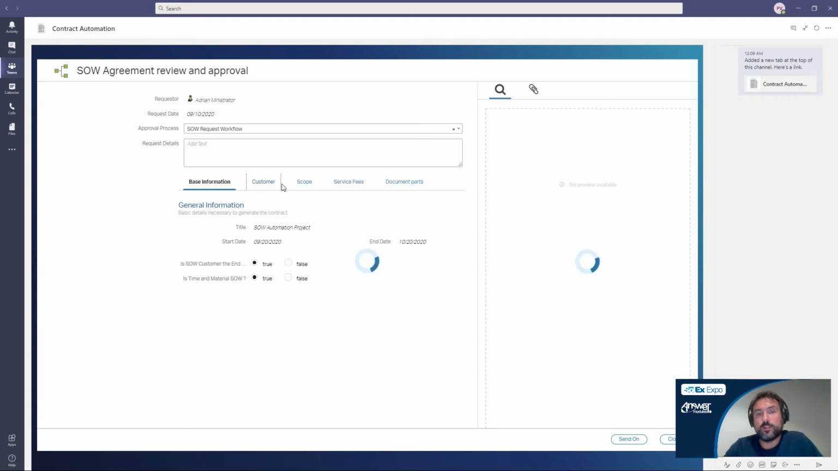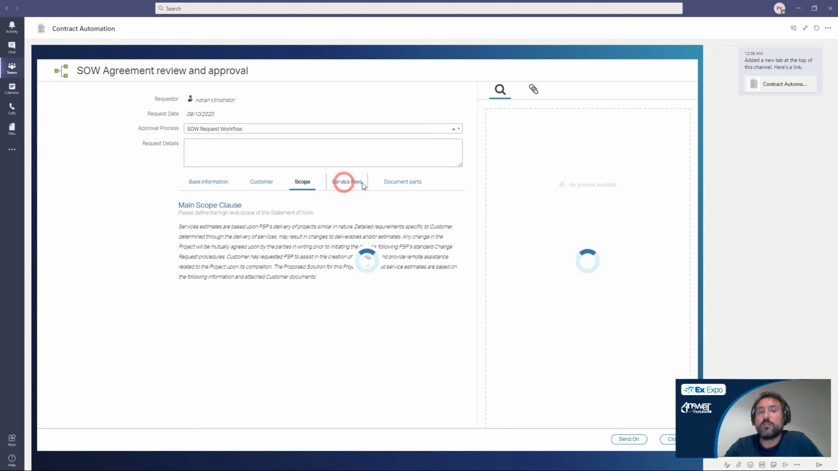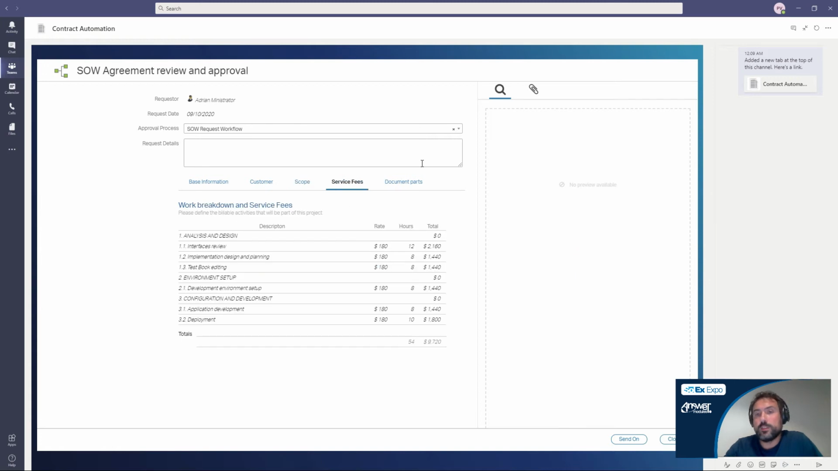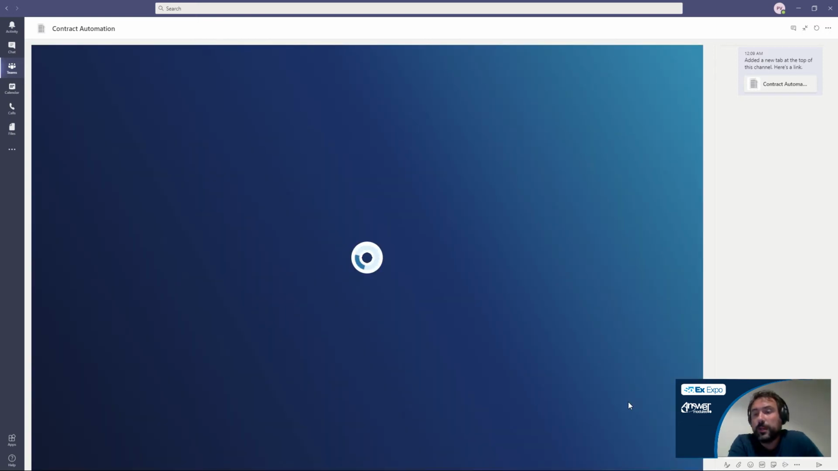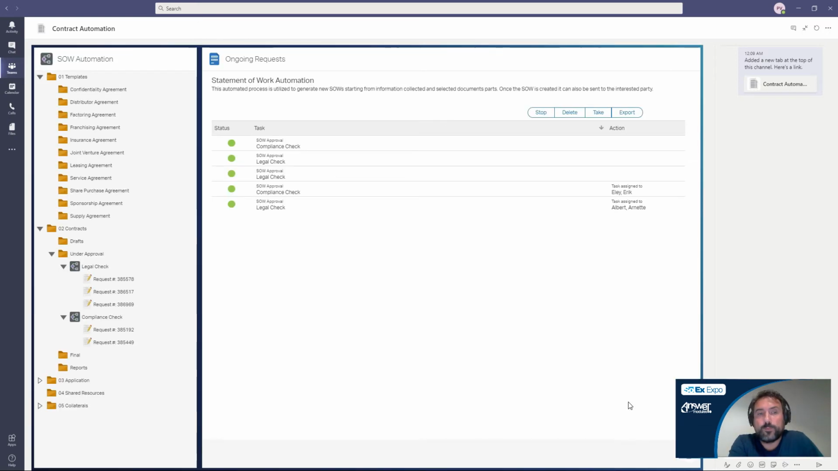And obviously we have the information about the customer, the scope, so the service fees, so everything that we have filled in. We also have obviously the document in attachment. So the only thing that we need to do is just to start the approval process and send down the request. And once the approval flow is started, we are going to be redirected into the under approval folder, where we apply another